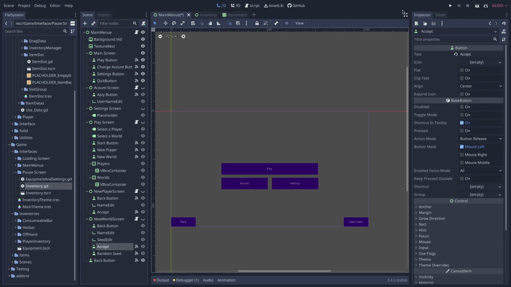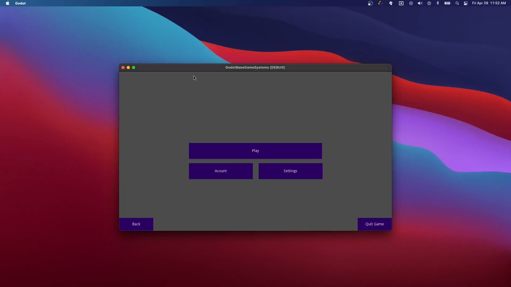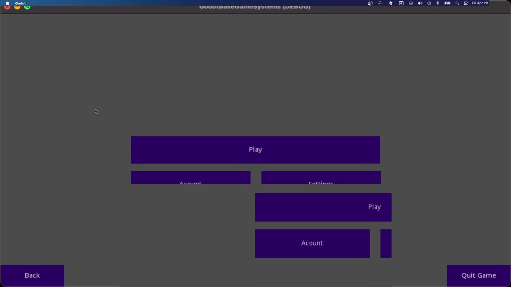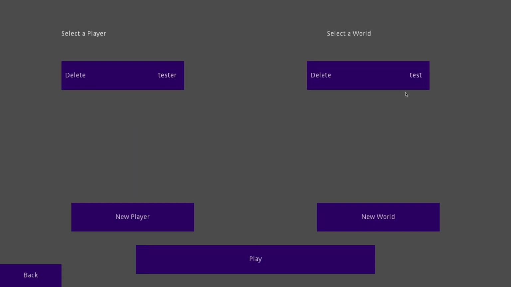All right, more progress has been made. I'll go ahead and run and show you guys what I've done. So first of all, there is no longer, or hopefully there's no longer, that issue where the quit game button was all the way over here and the settings button was all the way over here. That's all fixed now. And if I load into my testing world,